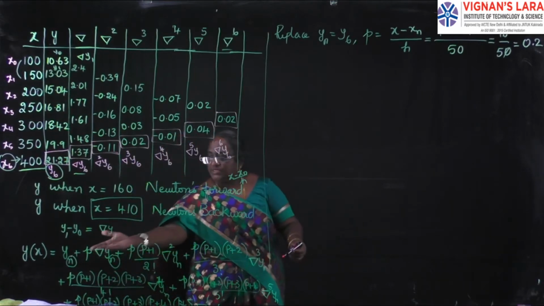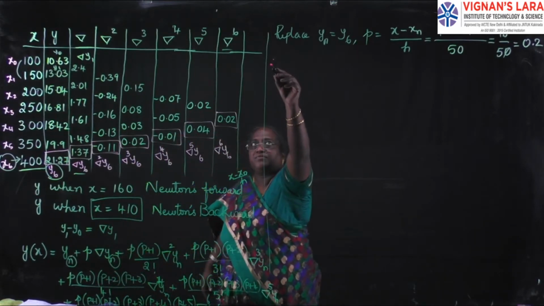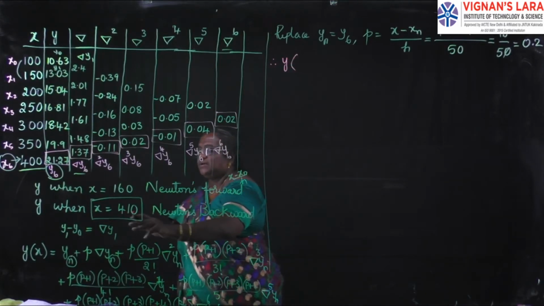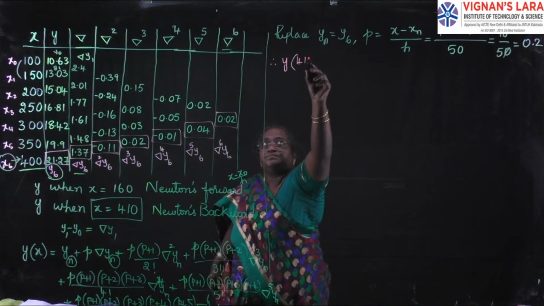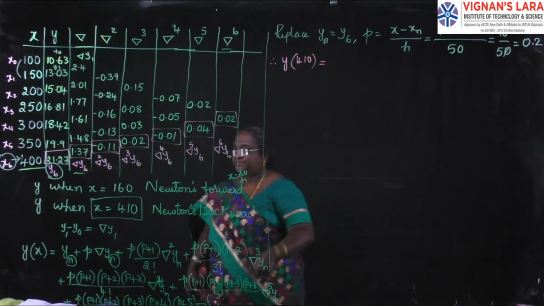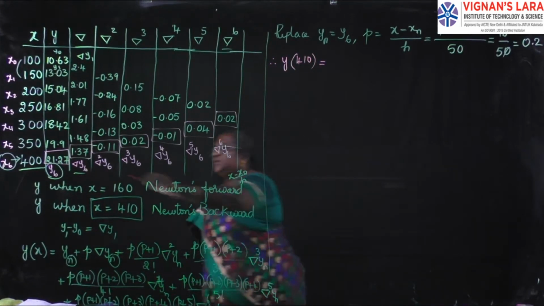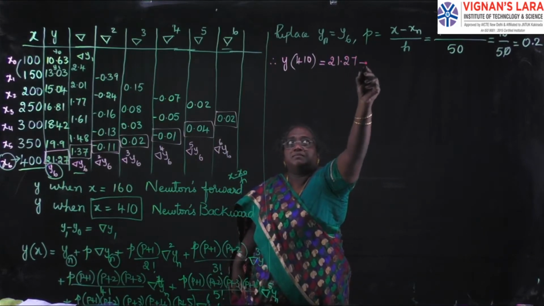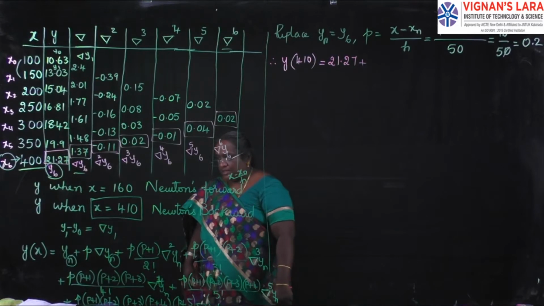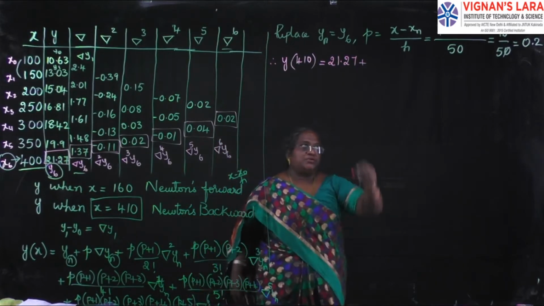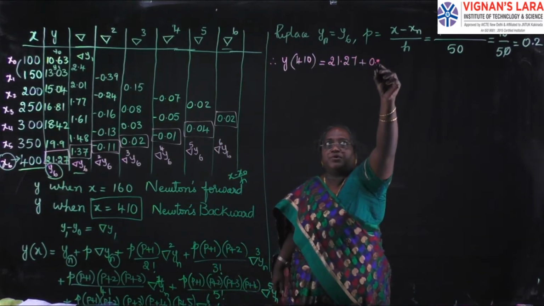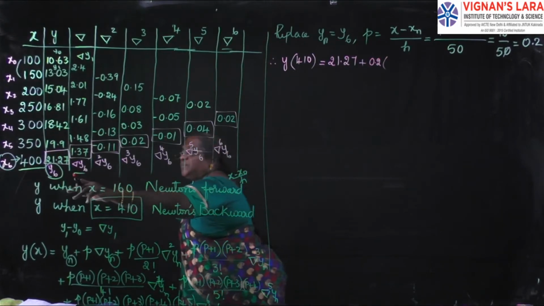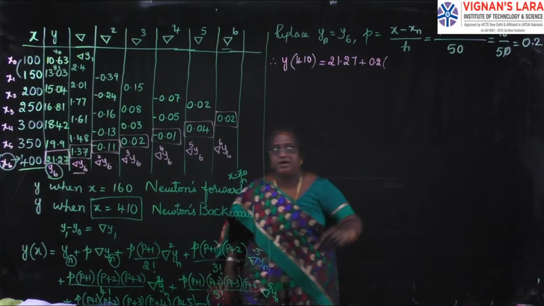Substituting the respective values in the formula, therefore the y value at 410 is equal to y6. What is y6? 21.27 plus p, p is 0.2, 0.2 into the first backward difference of y6, 1.37